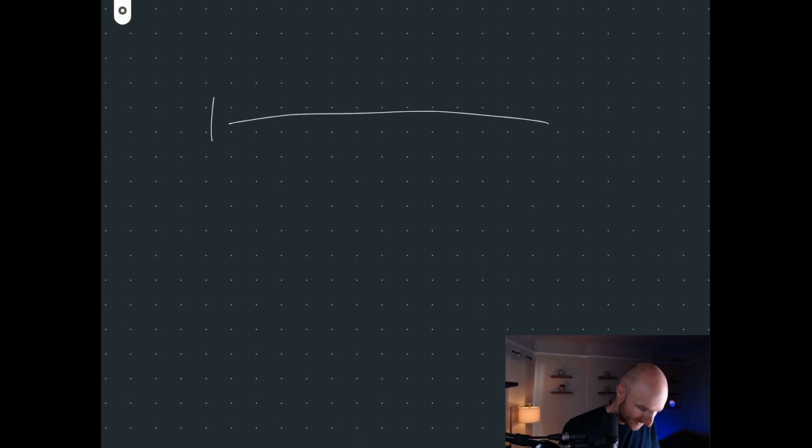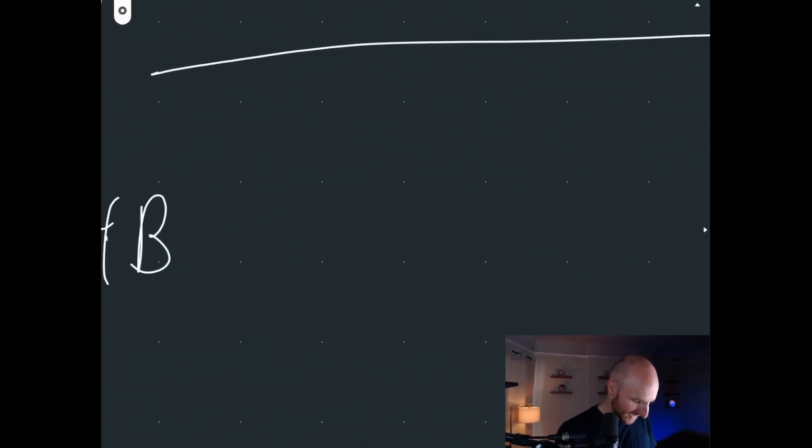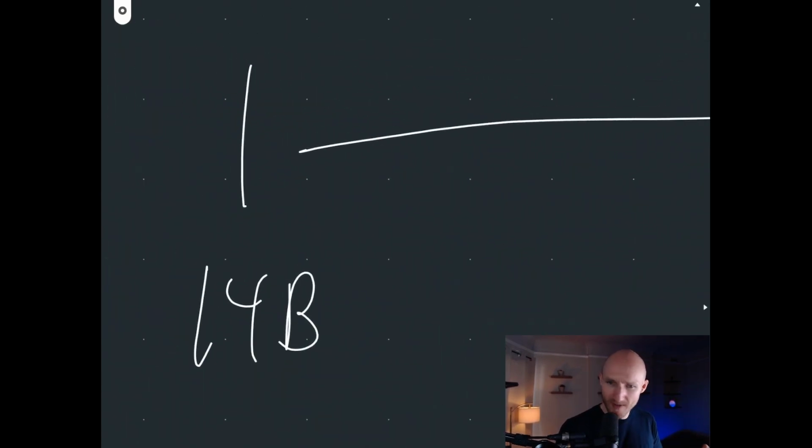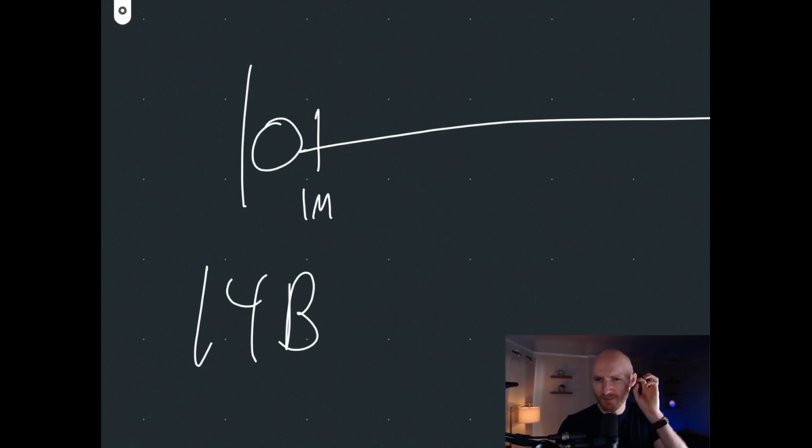Every episode of How Everything Evolved starts with the timeline. We have the beginning of time and then now. This is 14 billion years ago, this is now. Today we're going to dive into right here. We had the Big Bang, and then here is roughly 1 million years after the Big Bang. Some things happened in the first few microseconds, and some things happened quickly thereafter. And by quickly, I mean in the hundreds of thousands of years.